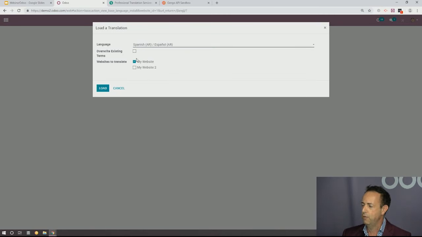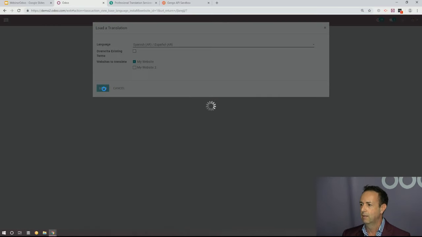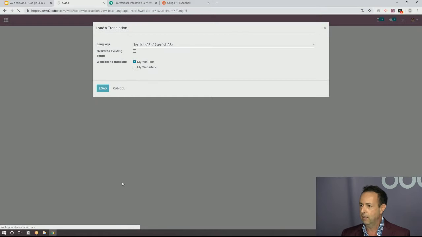And with the new version 12, we do have the capabilities to have two websites at the same time. I'm going to install on only my primary website. I hit load. And once this loads and you select the language, once Gengo is configured correctly,